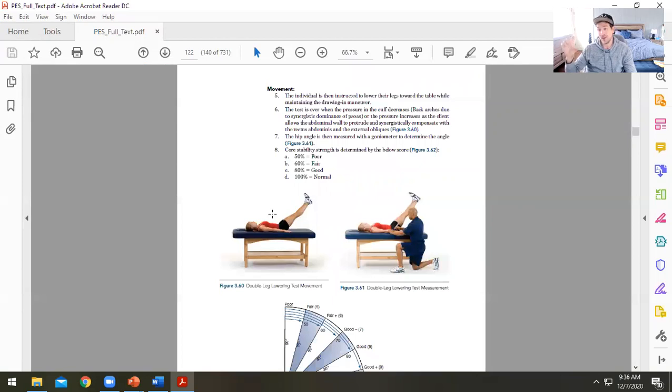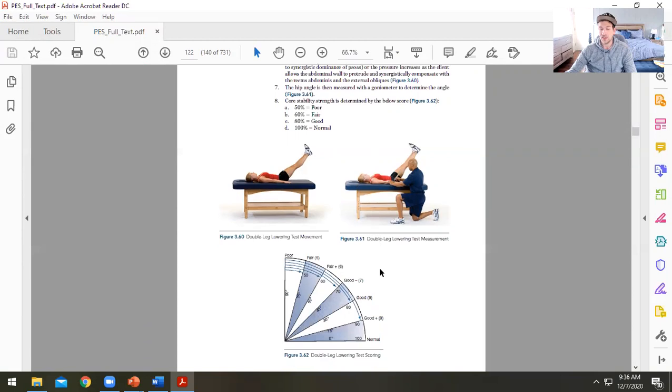You're looking at the reading, and if you notice that the pressure goes from 40 and the needle spikes all of a sudden, that's where their abs are no longer controlling the lowering of their legs. Now their low back is trying to push in,